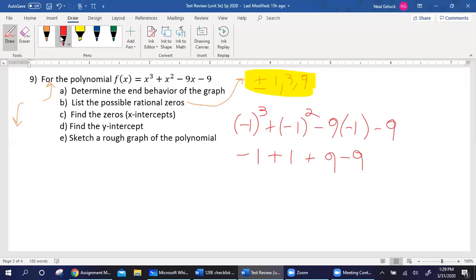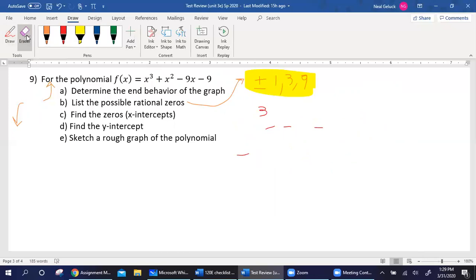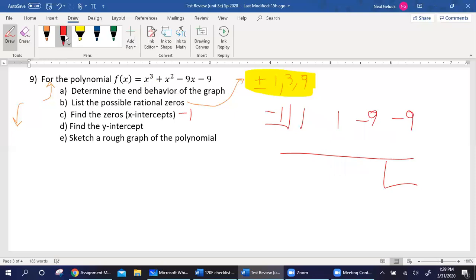I found out that -1 is a 0, and that's crucial. So I know -1 is a 0. More importantly, then, I can synthetically divide by -1, break this polynomial down. So if I put my coefficients, 1, 1, -9, and my constant, -9,